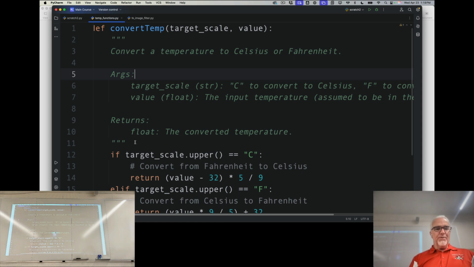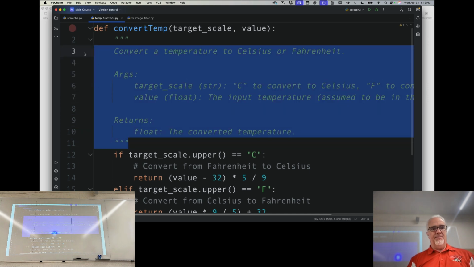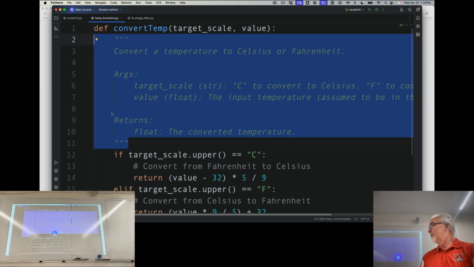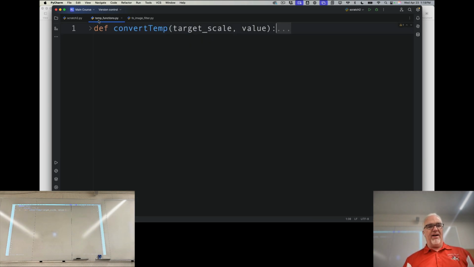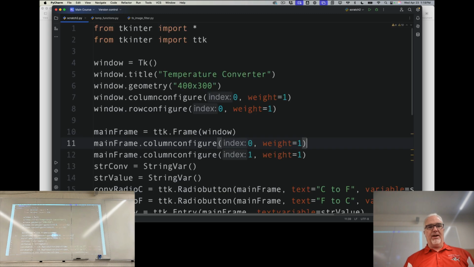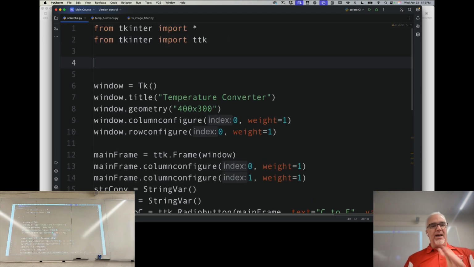And I want to show you something, a method here. You can see this part of the function is something new for us. And this is a way of documenting your functions so that the documentation is easily accessible, even if somebody doesn't have access to this file. So let's say I have this function inside a file called temp functions in my main directory. So if I say